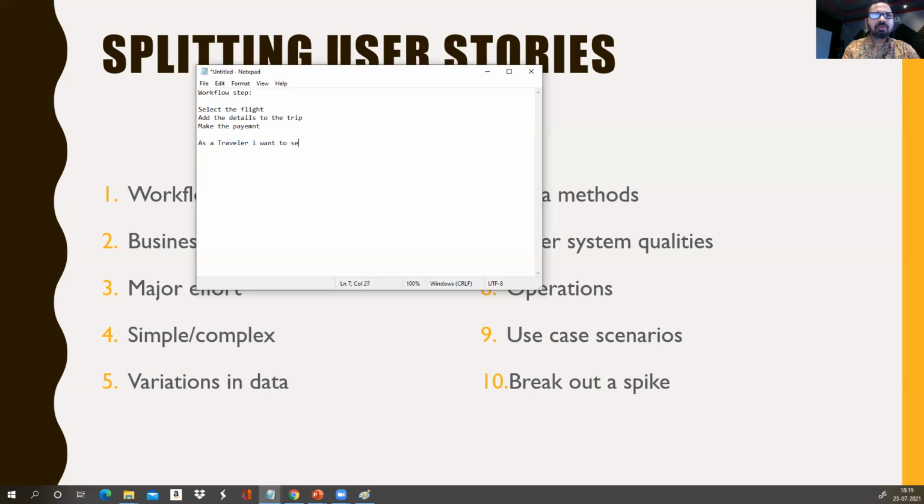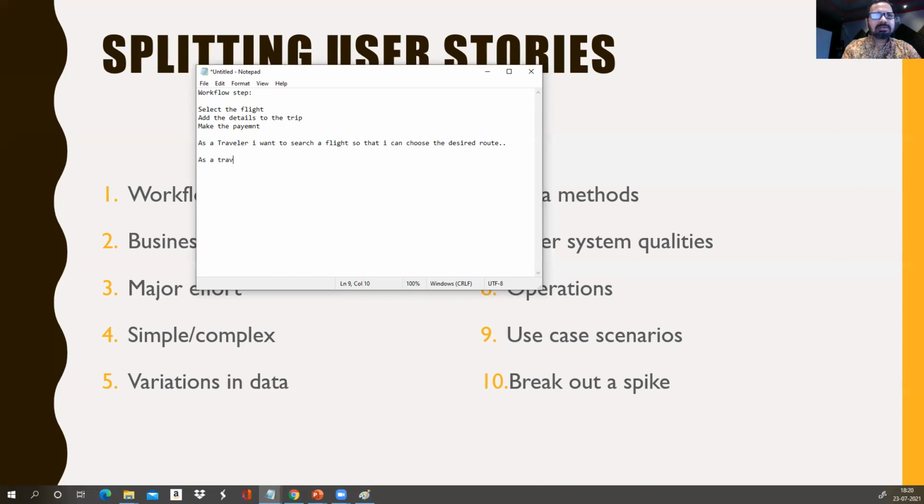I want to select the flight. Maybe I will search a flight, so that I can choose the desired route. Okay, something like this. So this is one story.